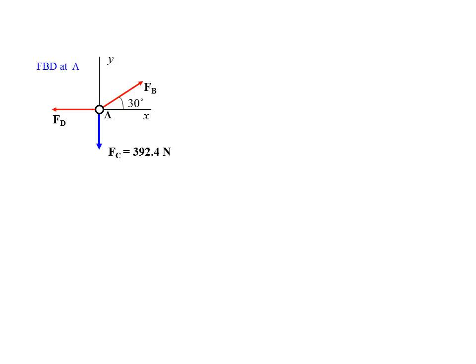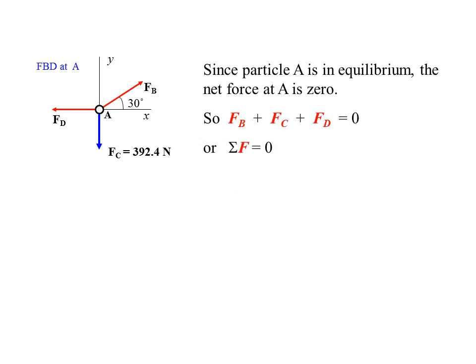The equations of equilibrium only assert that since this body is at rest, it's not moving or accelerating anywhere, the sum of the forces must be zero. If there were unbalanced forces, it would be on the move. So this particle is at rest, so the sum of the forces must be zero. That's it. That's our equation of equilibrium application. So we sum the various forces. In our case, force FB plus FC plus FD must be equal to zero,